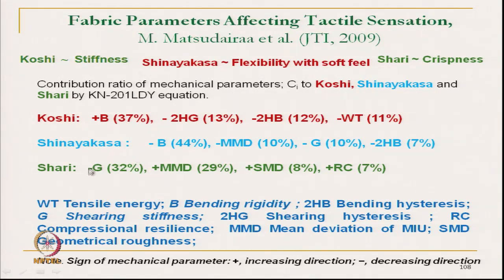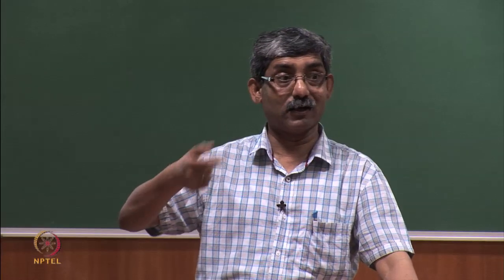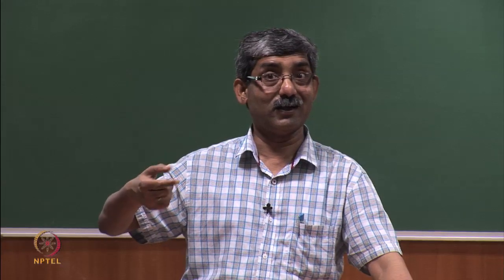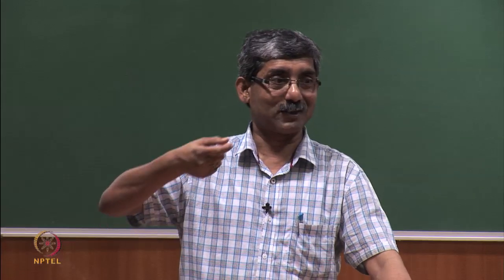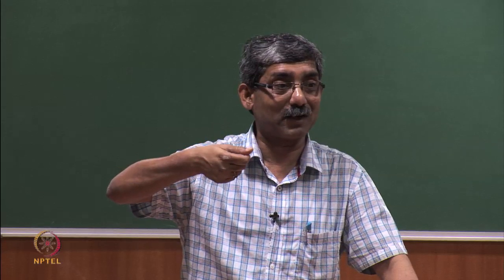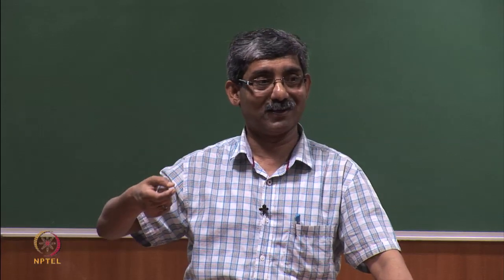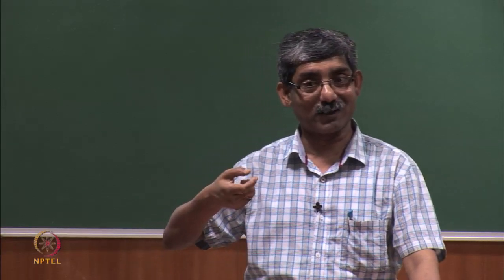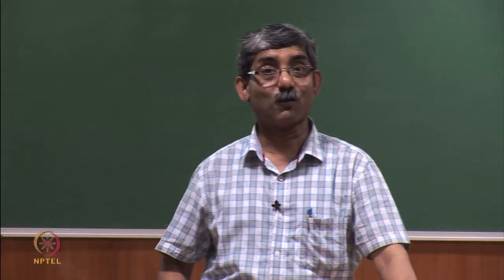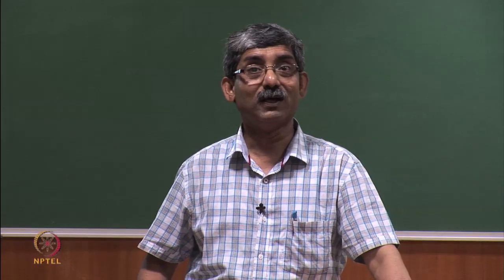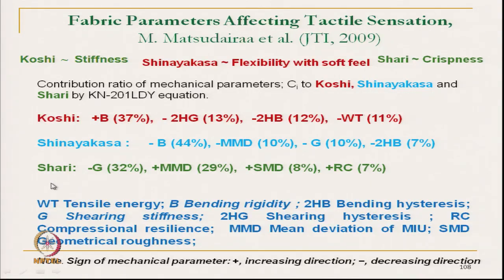Another contribution which is positive in nature is MMD, the mean deviation of mu. That means the deviation of mu at different points gives a crispness, because somewhere it is slipping at times. So, we can see this type of feeling in silk, a crispy feeling. It slips, a stick-slip type. So, the mean deviation of mu is a good indication of the